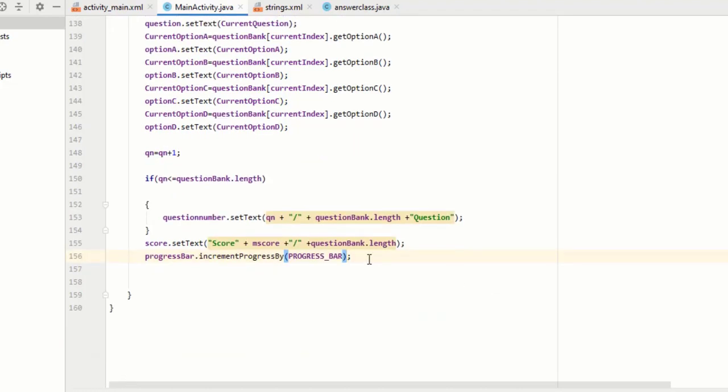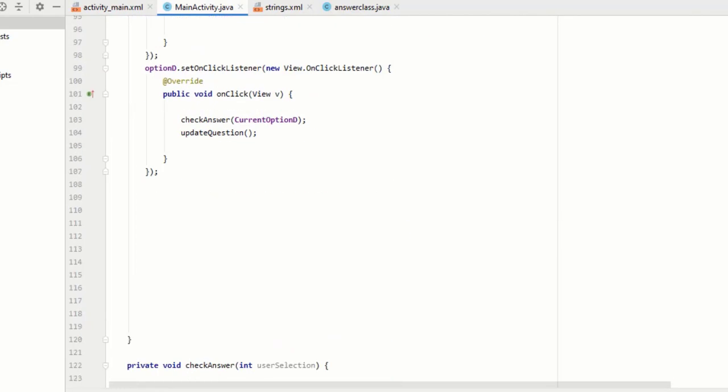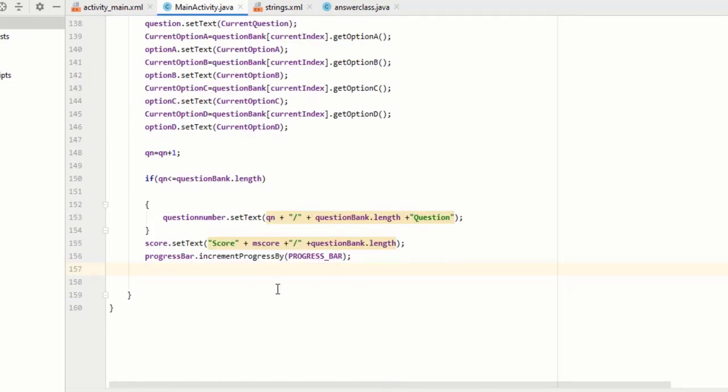Now maybe you're wondering why I type score dot set text here. I never check our answer whether it is correct or not. So you can see I simply display the score. I do not update the score. Remember, I update the score only whenever the answer is correct. So by default M score variable contains 0. So here you can see by default it contains 0. So I have to display the score every time, not only when the user gets it correct. I have to display it every time, because I have to update the question every time whether the user's answer is correct or not. So I have to type this code here.